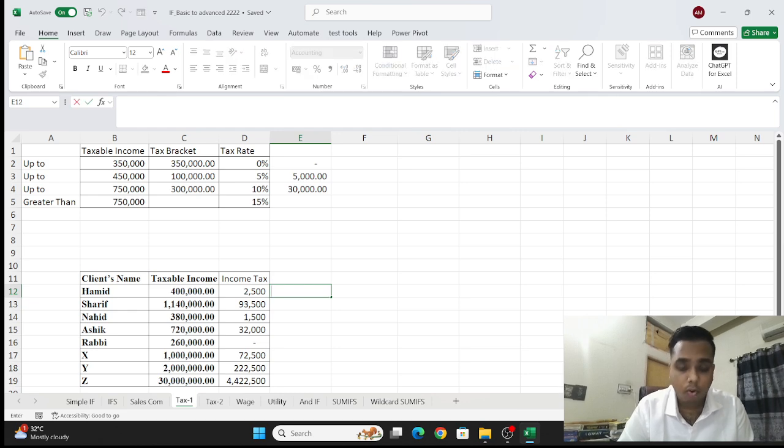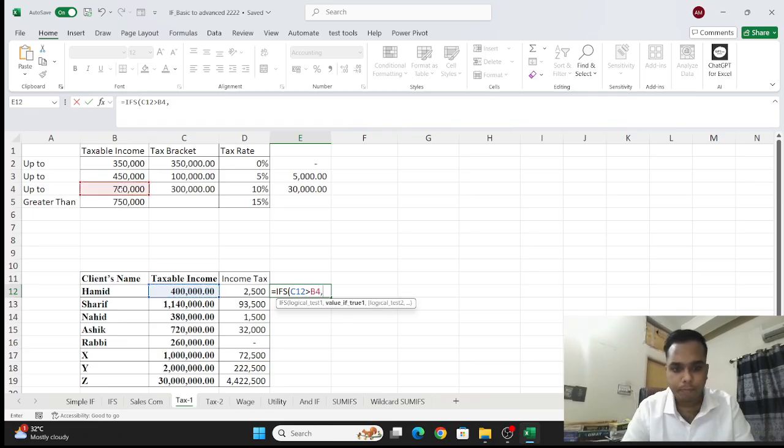We will just write the Excel formula to calculate the tax amount payable for these clients. First of all, we will type IFS. Logical test 1: we will click on Hamid's taxable income as a variable. We will not freeze this cell. If Hamid's taxable income is greater than 750,